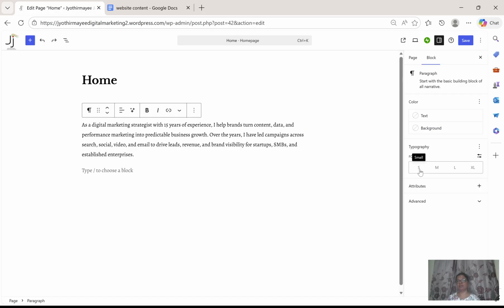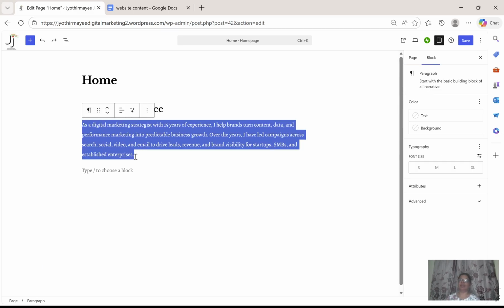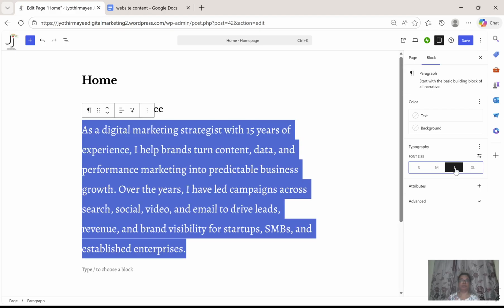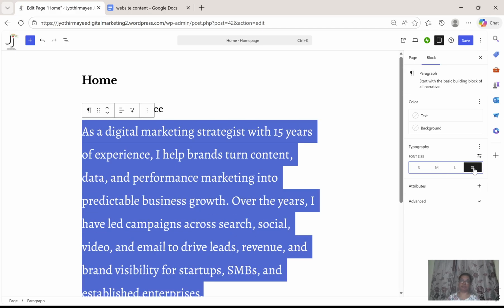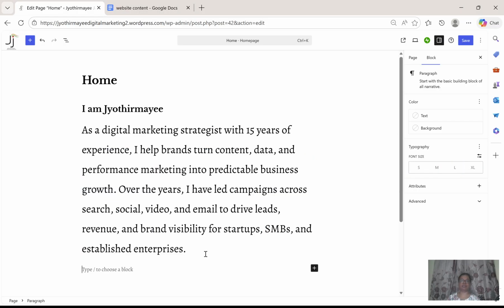Now, font size: small, medium, large, and XL. Okay, so how you purchase your shirts, same like that. Now you select this one, enter paragraph or a line. I don't know which format it is. Small, it became small, medium, large, and XL. Your wish. Okay, so now I'm making it into large, and the next para is